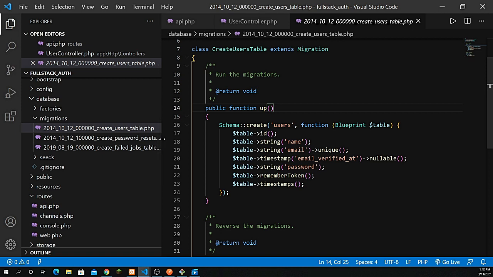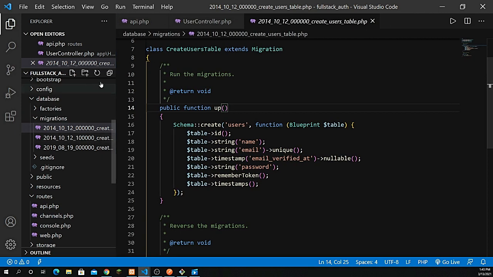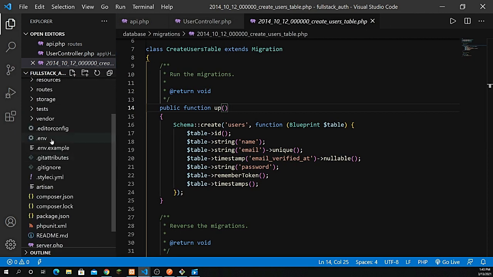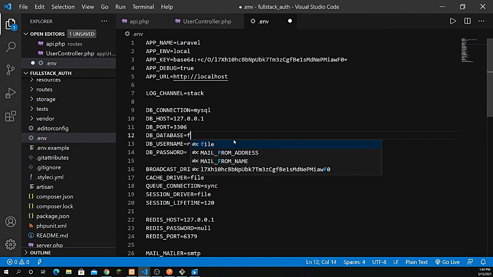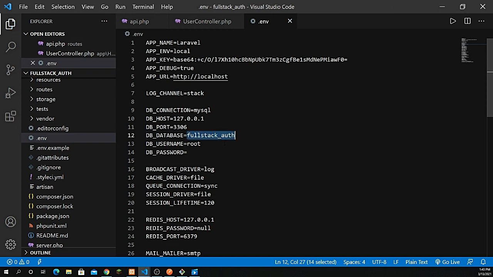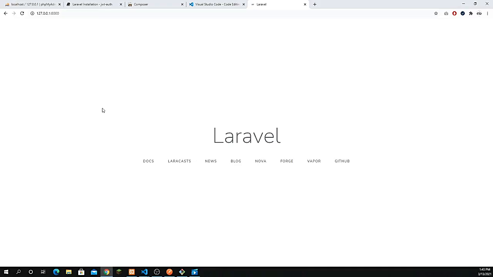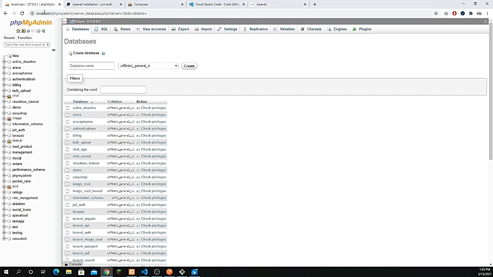So we have to also connect our database. For that we have to go to our .env file, and let's first define the name of the database. Give it the name of fullstack_auth, right? As simple as that. Just copy the name of the database,